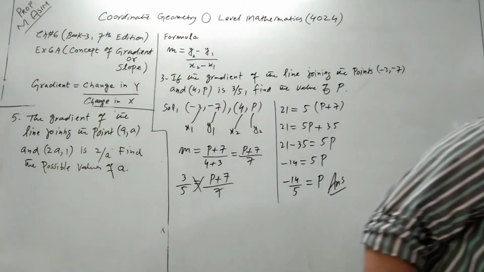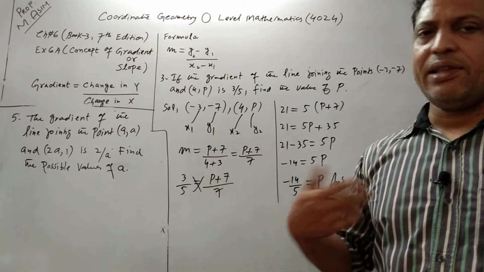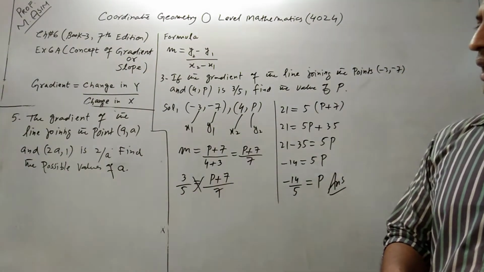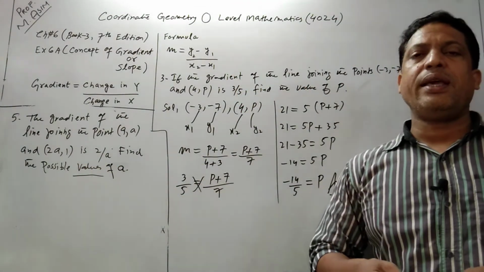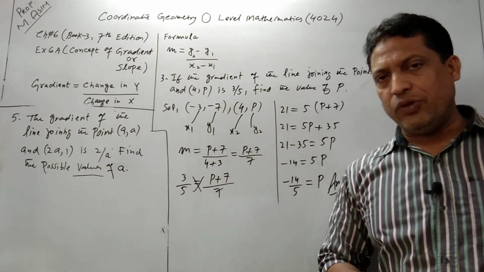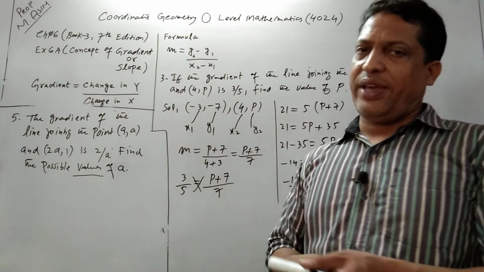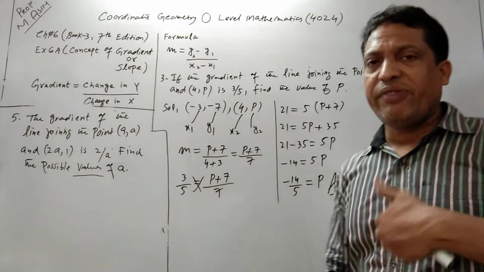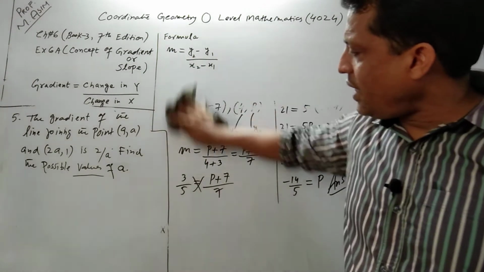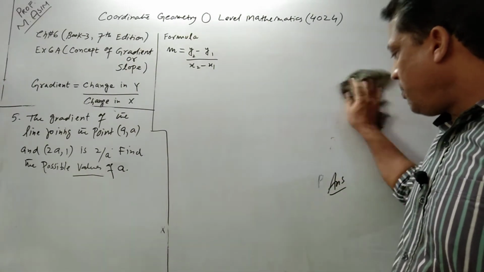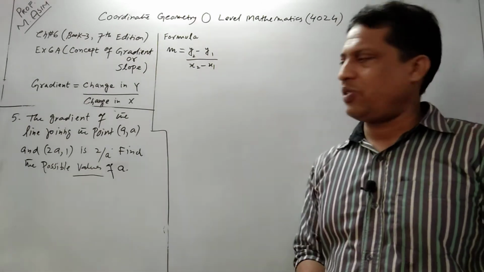Student, if you read carefully the question, then you can easily find the answer. See carefully, find the possible values. Values is the plural form of value. So it means there should be more than one value of A in the answer. Values means more than one. See, question is 100% same as question number 3. But because we have to find more than one value, therefore I am doing this question.